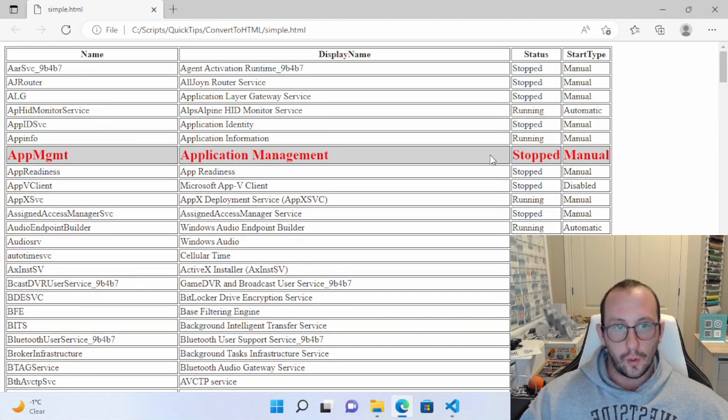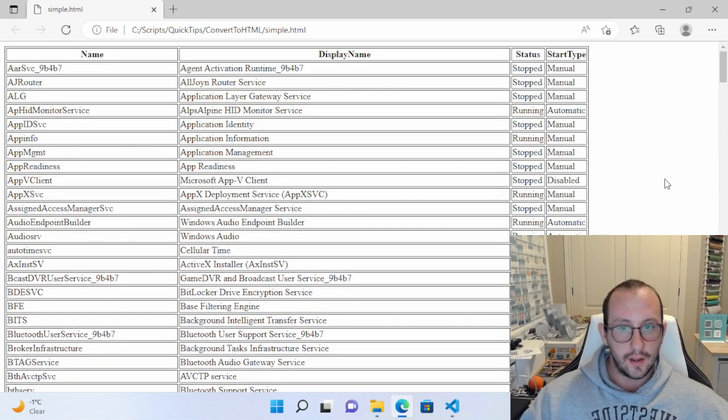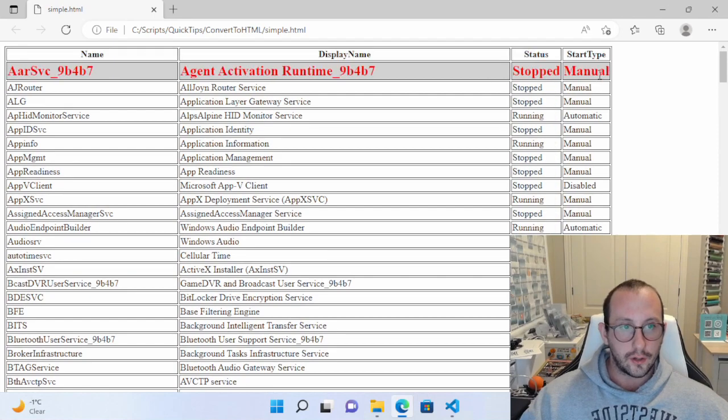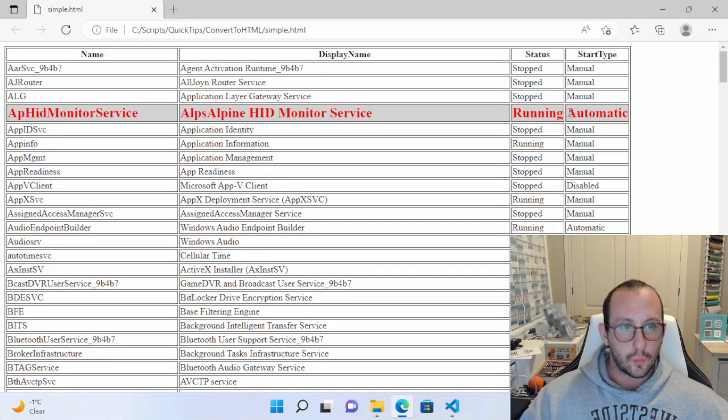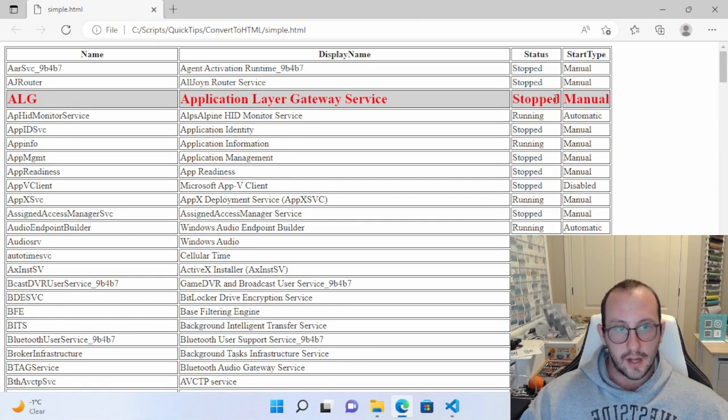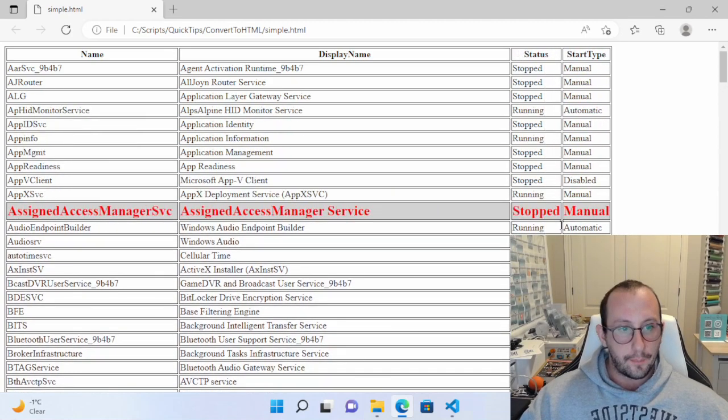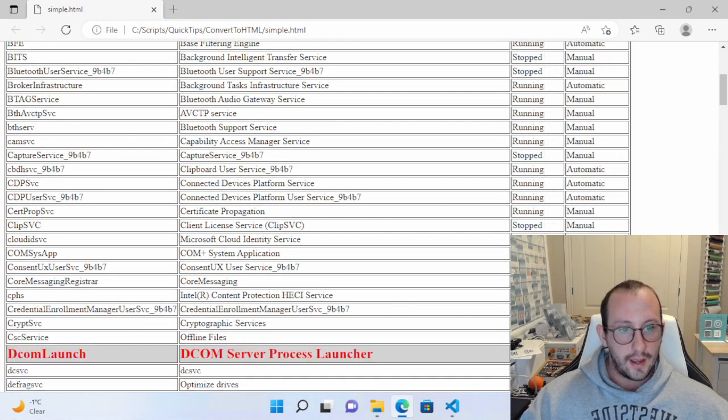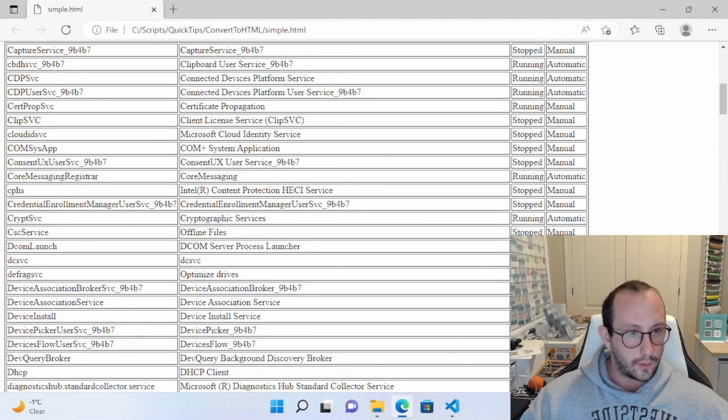In this video, what we're going to be doing is some specific formatting based on the different columns. Where a service is running and automatic, we're going to label that as green. If it's stopped but it's a manual service, we're going to make that orange, because maybe that's something to look at. But if it's stopped and automatic, which we have some of those here somewhere,